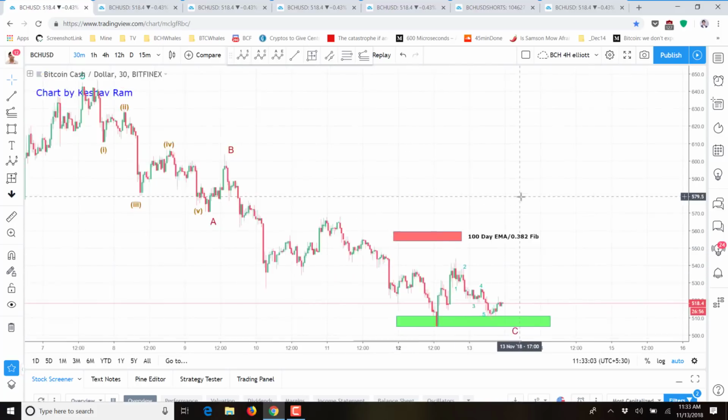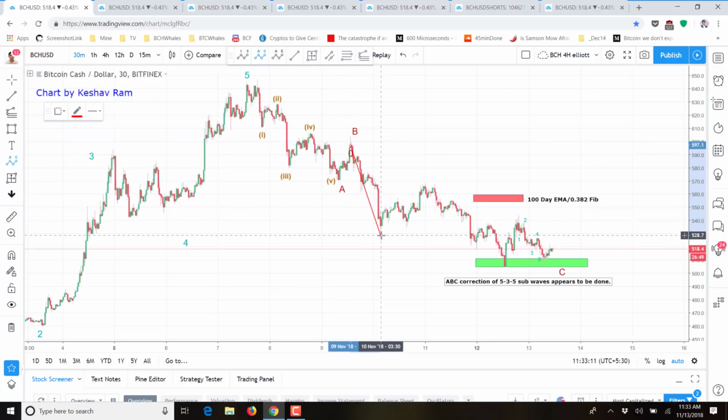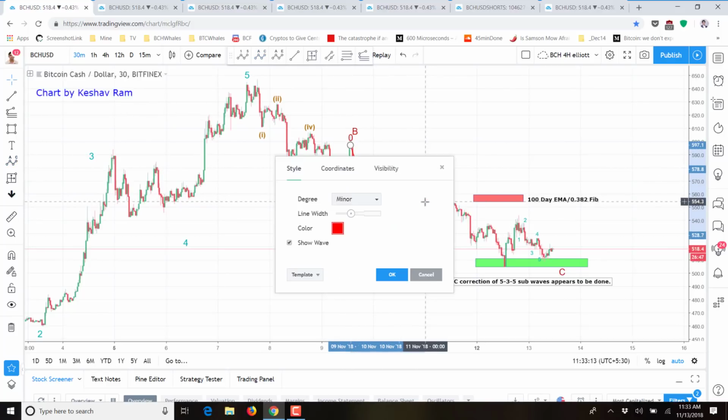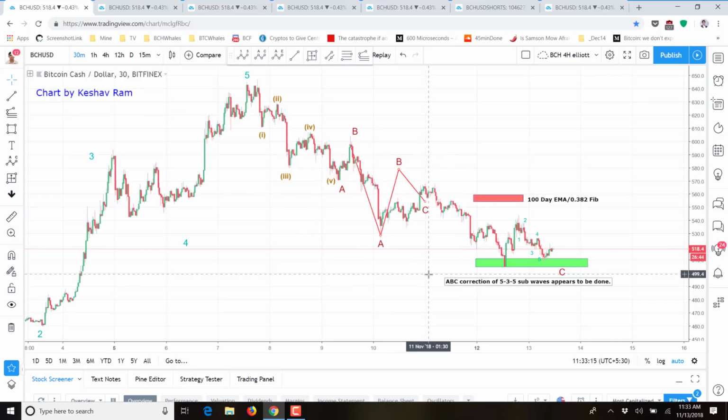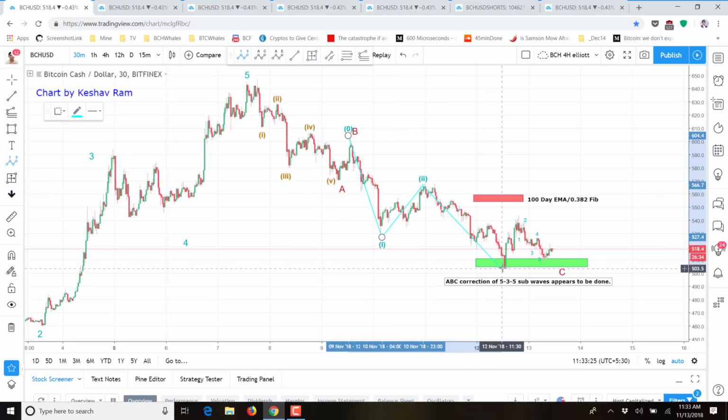So that's why I think our ABC correction is done, because I can see 5 waves here, 3 waves here, and finally the final C wave, I've seen that. 2, 3,